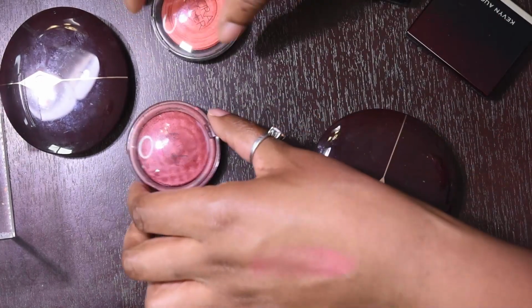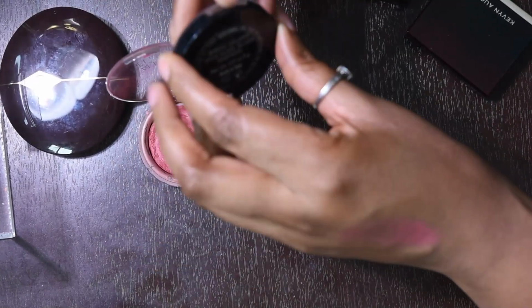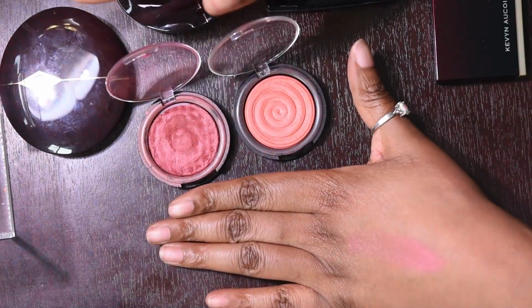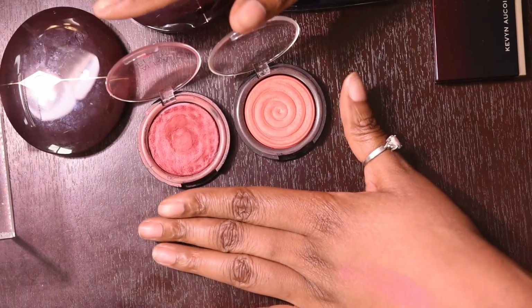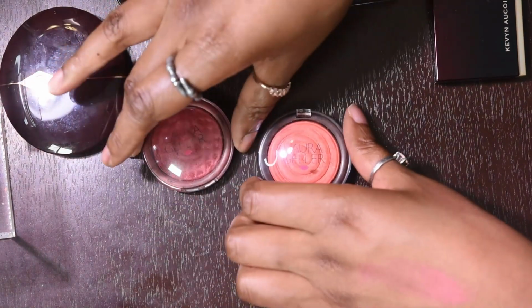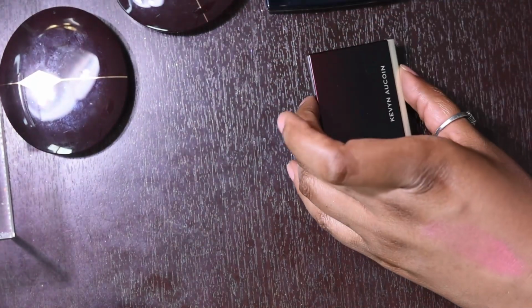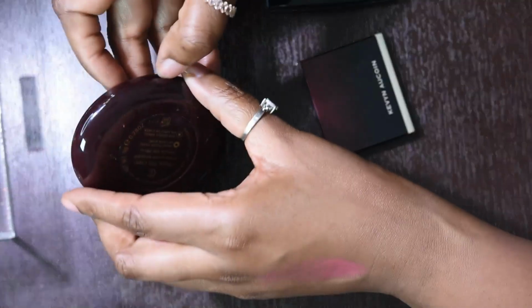So let's look at my two Laura Geller blushes. These are ones that I used to get so much enjoyment out of. They do have a Beige Gelée formula, and so this gives a very skin-like finish. But I think it's time for these both to go. I really like them, but like I said, I think it's time. They're definitely no longer available. And in some cases where I'm not using them, I just feel like that one is just